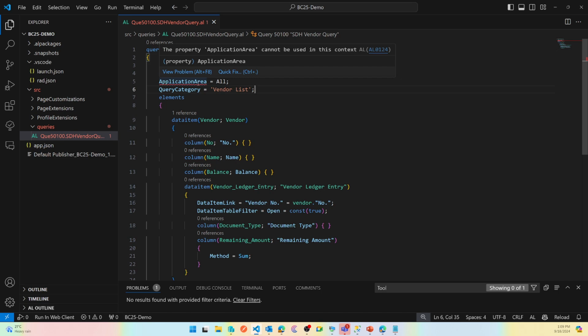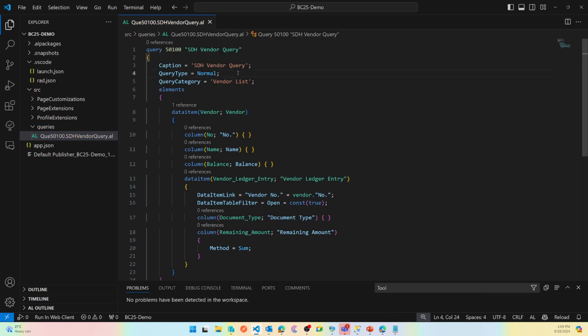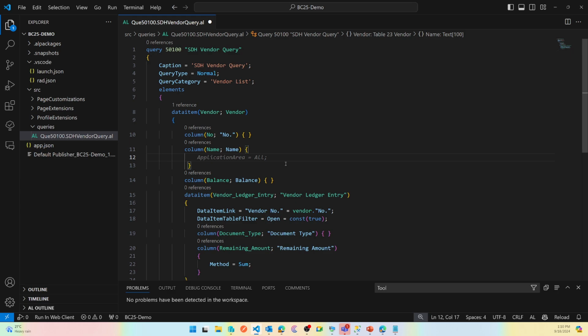Now here it says application area cannot be used in this context. Okay, so I cannot assign application area, which is okay. So from the vendor list page, if you search for this, you will be able to see that query object. Now before we move forward, let's see what happens if I try to add a tooltip on this